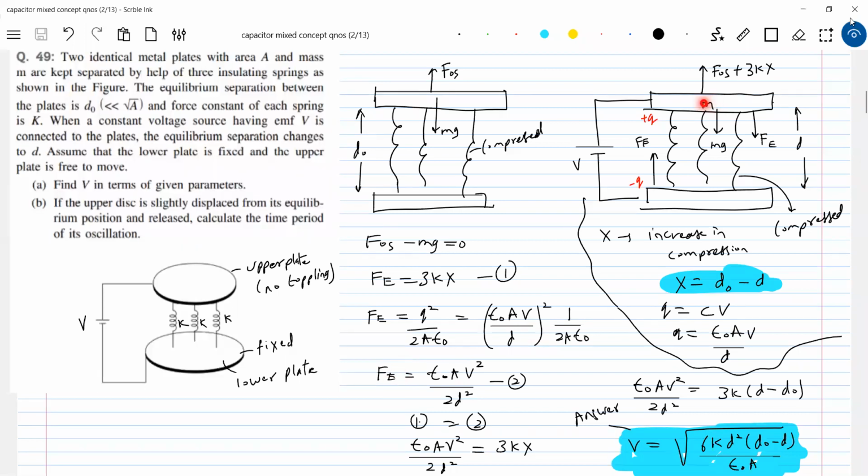So because of that, look at the spring force. Spring force also will be there. So the spring force will become greater than that, and it will pull it back. So here Fe will change, and the spring force will change. The resultant force will be upward. So like this it will be oscillating. So we have to get the time period of oscillations.